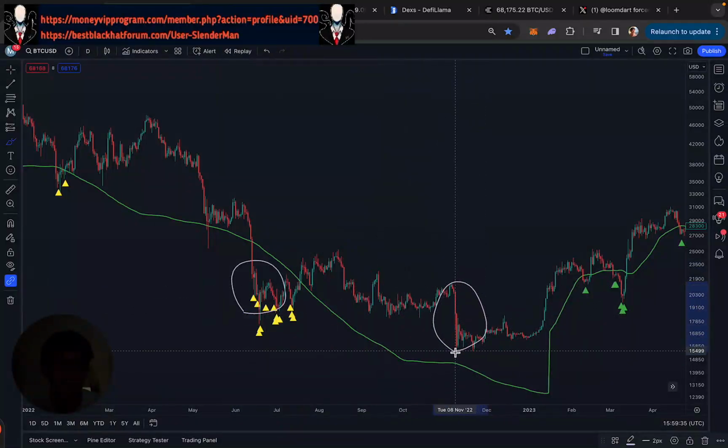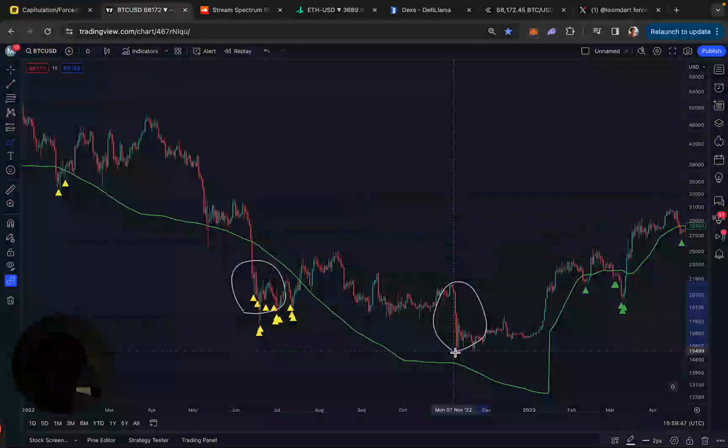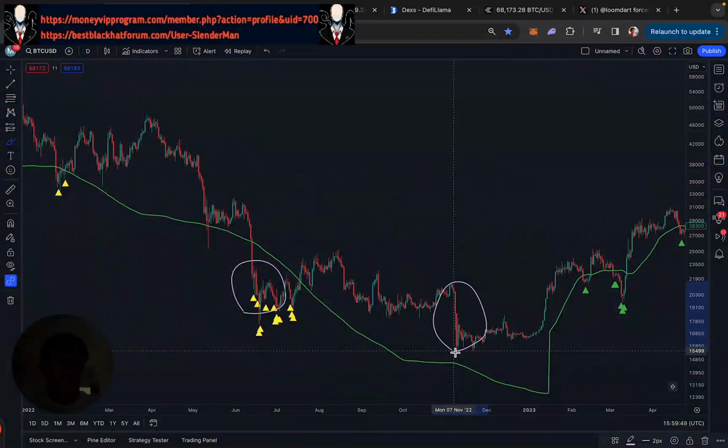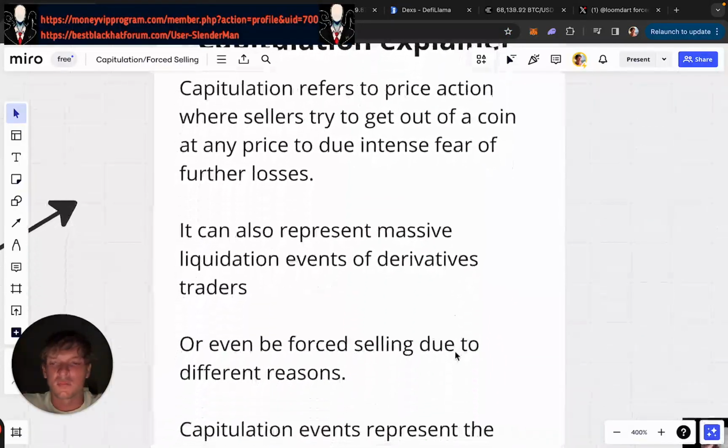This would also be a capitulation, this sort of massive crash where people are losing heaps of money and panicking. Maybe people are forced to sell as well, right? The concept of a forced seller also relates back to capitulation. They happen hand in hand. What I'm trying to do with this method of technical analysis is spot when the market is having a capitulation event so that I know when to buy, essentially.